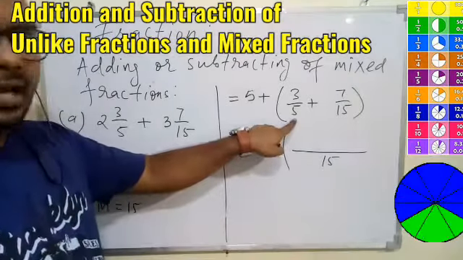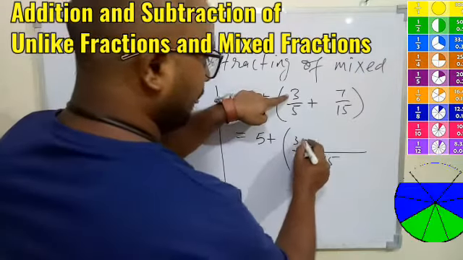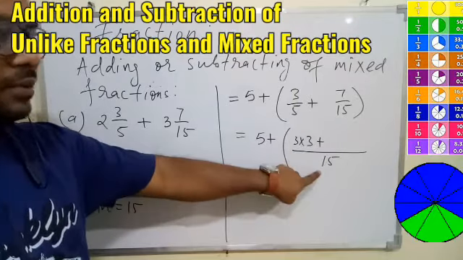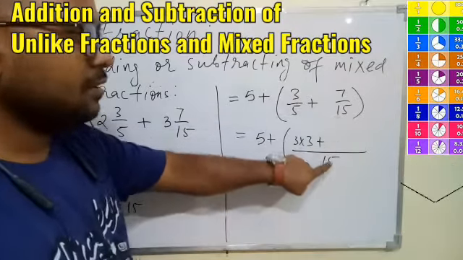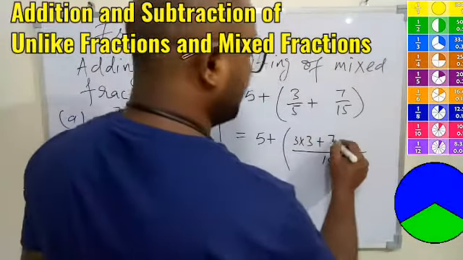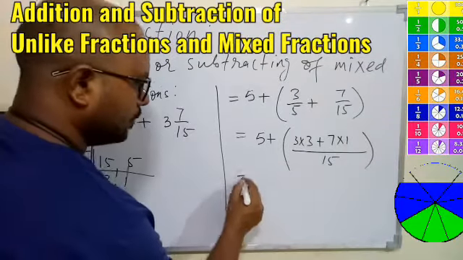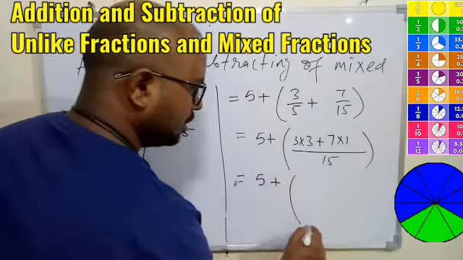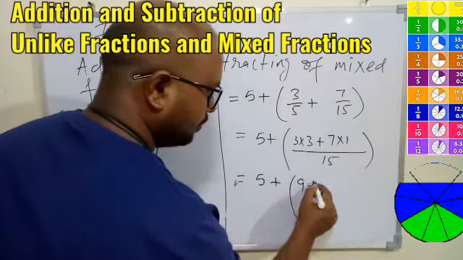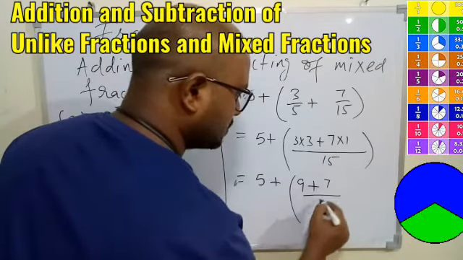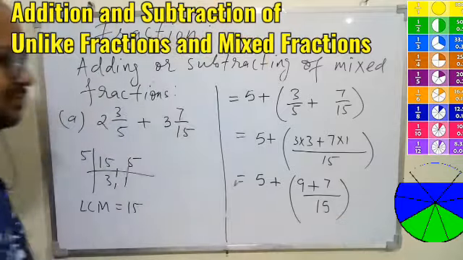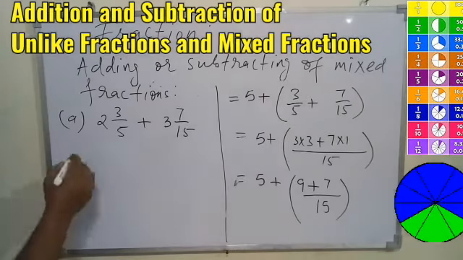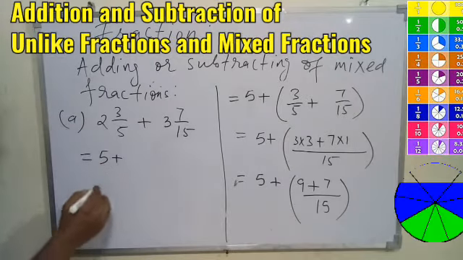Now if we divide 15 by 5, it will be 3. So 3 will be multiplied with 3, plus sign will come as it is. 5, 3 times 15. Then if you divide 15 by 15, 1 will come. So 7 will be multiplied with 1. So what we'll get, this 5 will be written as it is, plus will be written as it is. Now 3 into 3, 9, plus 7 into 1, 7, and this 15 will be as it is. Okay, so this is understood. Let's continue here. So 5 will be this way.